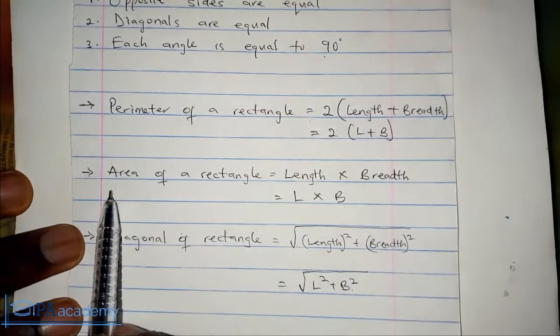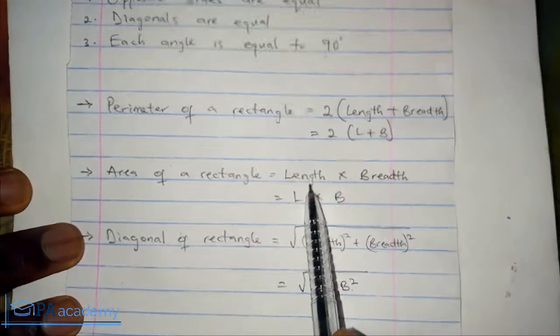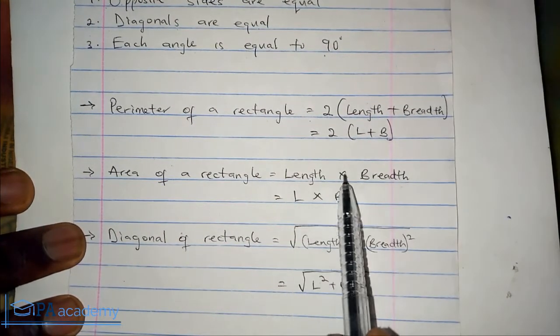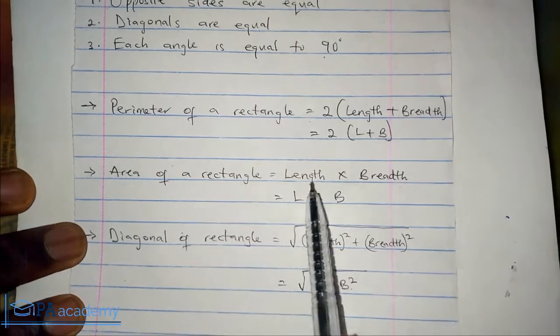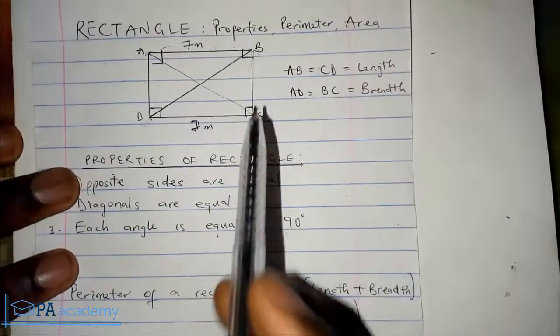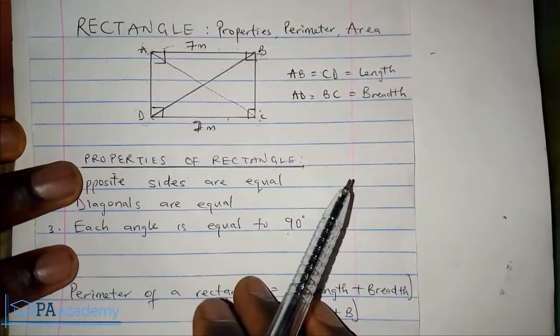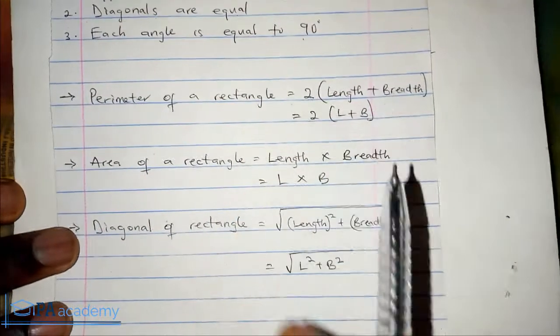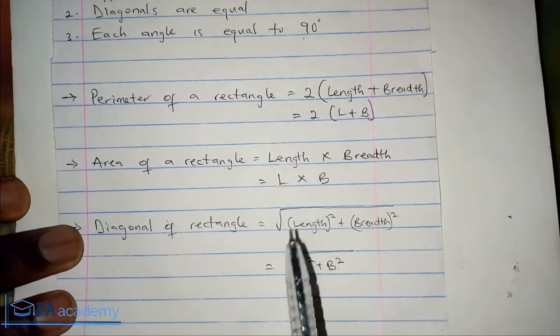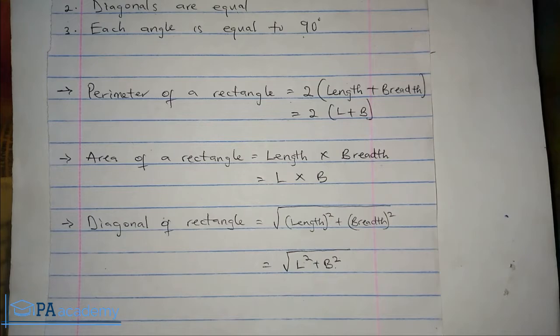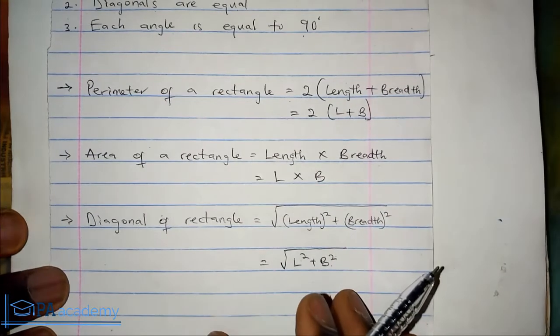So also when we look at the area of a rectangle, it is length times breadth. So this is the formula to get the area of a rectangle, length times breadth. So that means the length and then the breadth. Once you multiply it, you get the area of a rectangle, then the units, and then square. We are still going to solve one example on rectangle so you understand it properly.